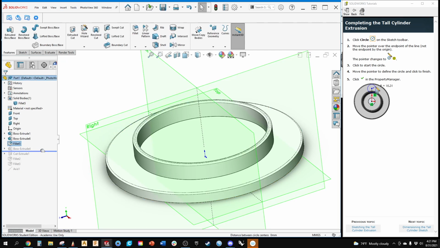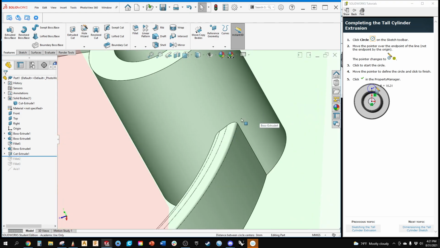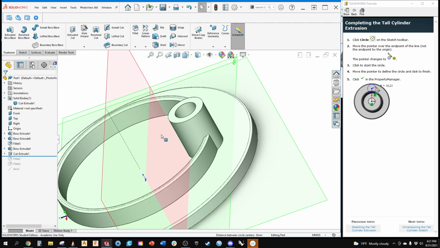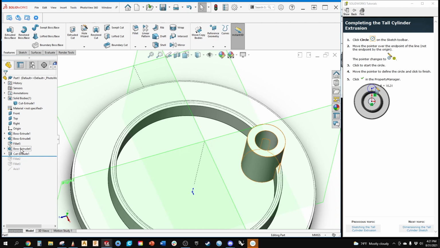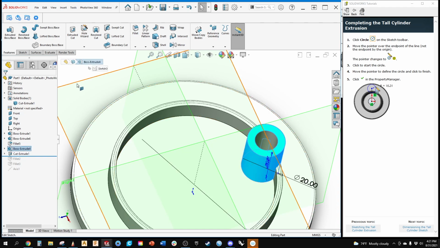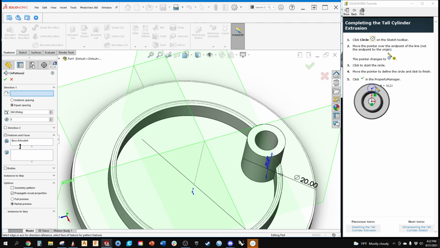Now, when I come here and I do my boss extrude and the cut, you can see that the radius automatically ends there. Now, I can come in and say, okay, I want to do a pattern, a circular pattern. And I want to do some features. I want to pattern not only this extrusion that you see here. So if I select on that, I also want to pattern